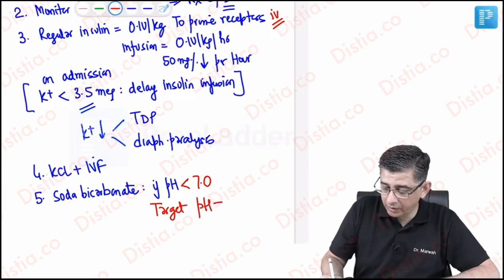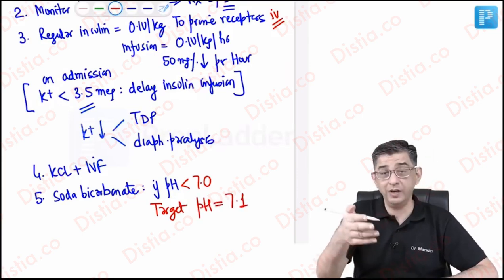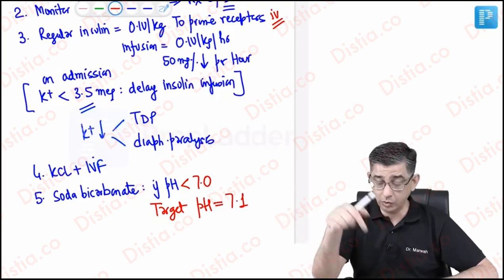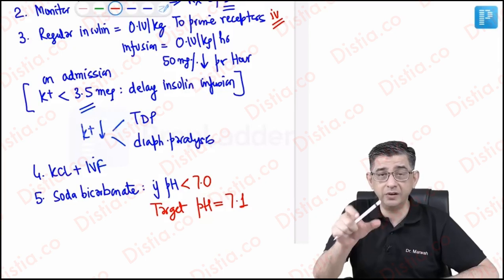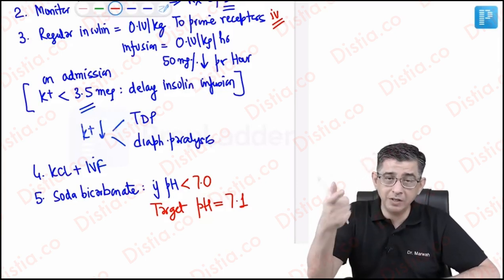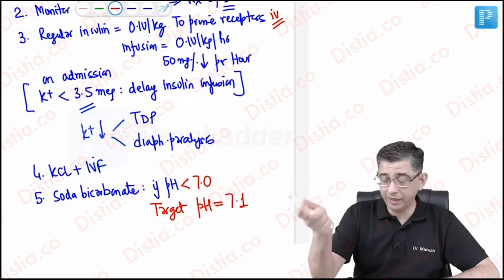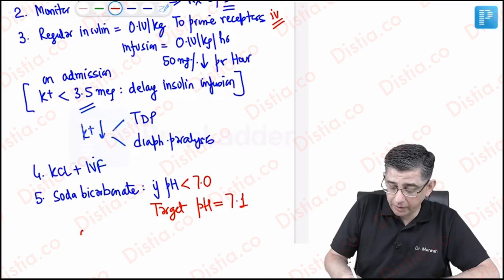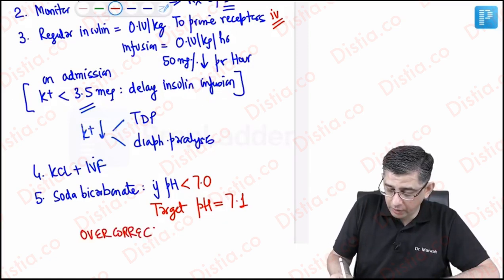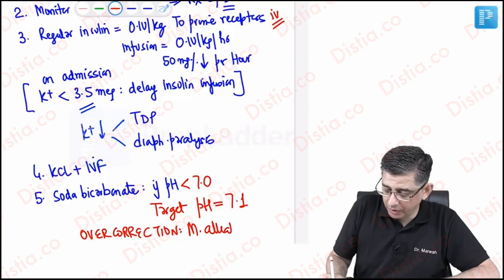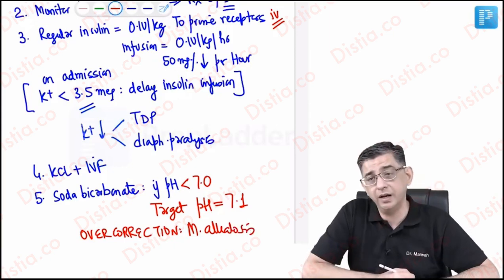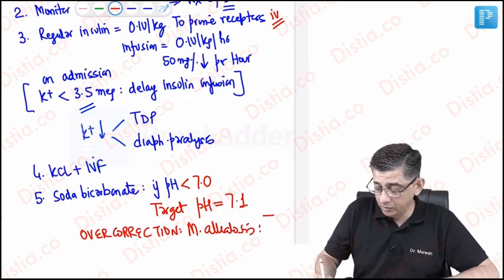approximately 7.1. Why is that so? Why not 7.2, why not 7.3? Because soda bicarbonate itself is a very concentrated solution. So when you administer it, it can again contribute to fluid shifts across the brain. And another risk is that if you overcorrect, if you use too much soda bicarbonate, then overcorrection will contribute to metabolic alkalosis. So it's like you corrected acidosis, now the chap is landing in alkalosis, and metabolic alkalosis contributes